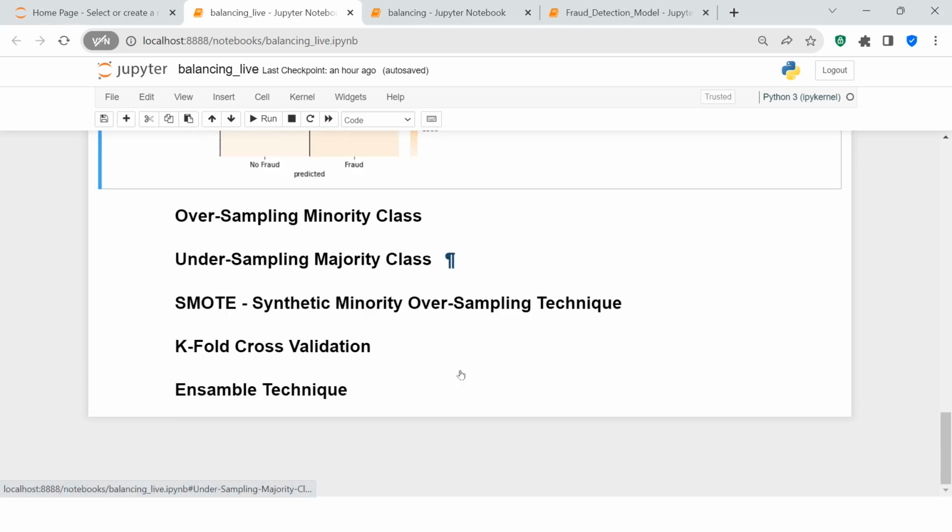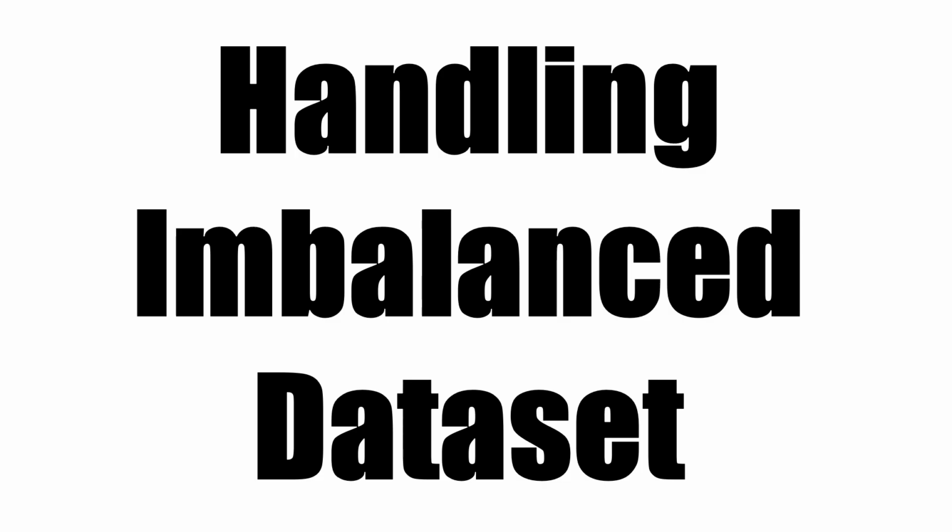So these are some of the most commonly used techniques for handling imbalanced data. For example, oversampling, undersampling, SMOTE, k-fold, and the sampling technique itself. I'll be taking each of these one by one. Let me explain